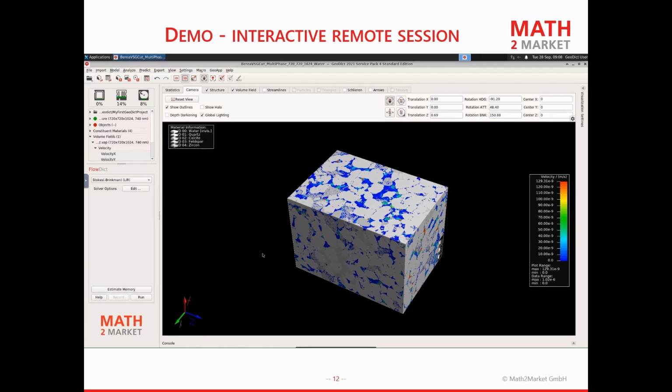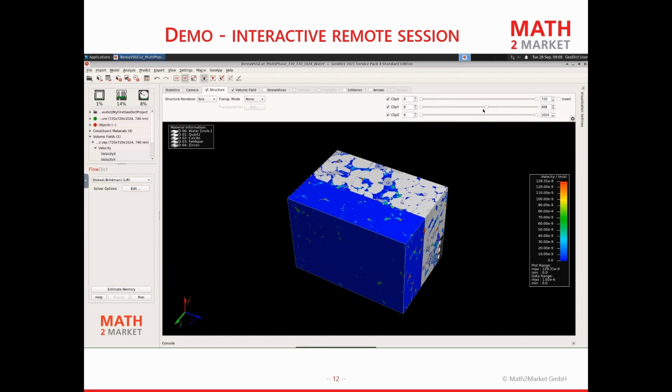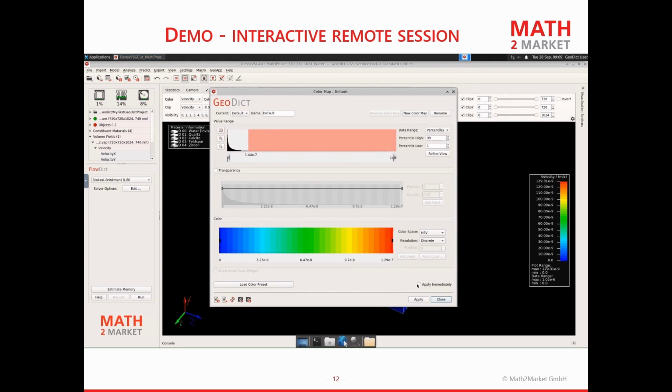And now to make the visualization a bit nicer, I will just clip into the structure a little bit and change the transparency settings of the volume field. Maybe like this. Apply it.